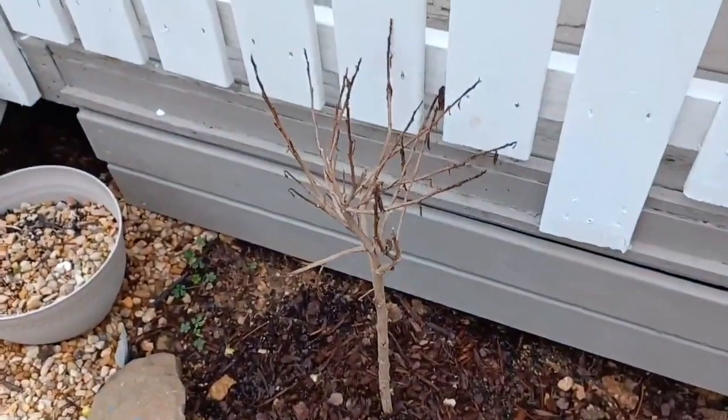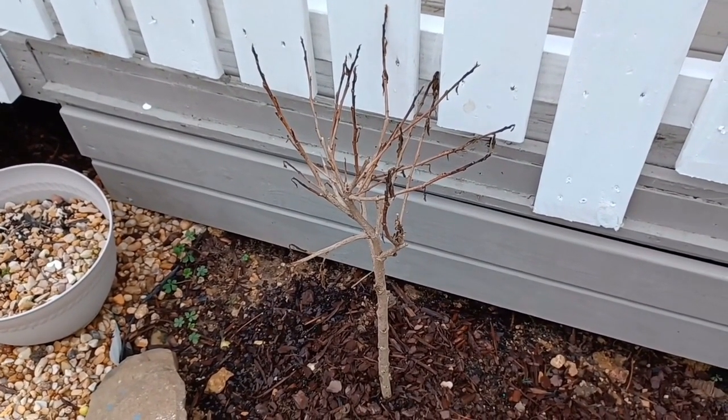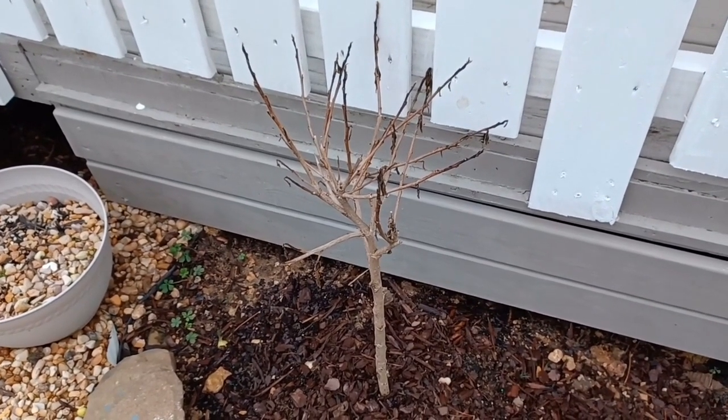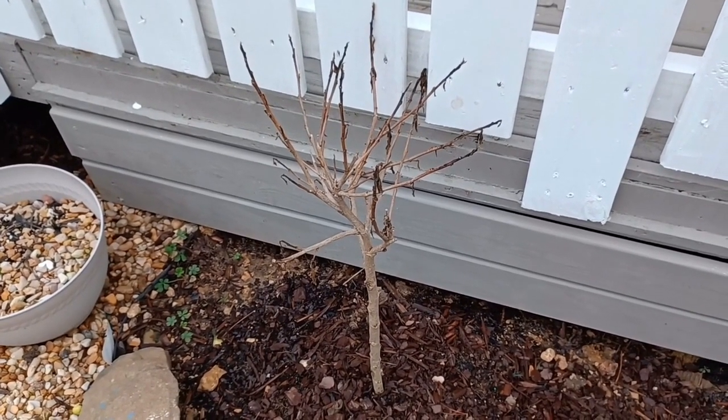This is a... oh my goodness, it left me. It was in my brain earlier. Doesn't that happen to everybody? It's in your mind and then it just leaves you. Anyway,